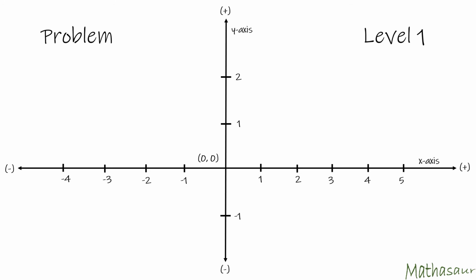Alright, let us look at a problem. The monkey is wondering where is -2, 1. Would you like to help him? Recall that -2 represents horizontal movement or movement on the x-axis. Since there is a minus sign, we have to move in the negative direction. So let us go to the left from the origin. Now the monkey is sitting at -2.